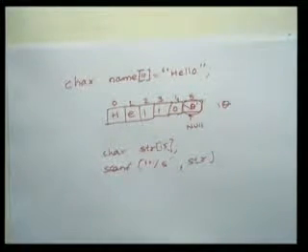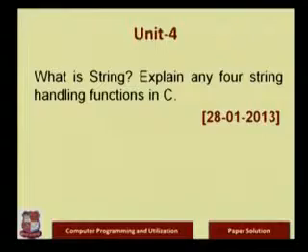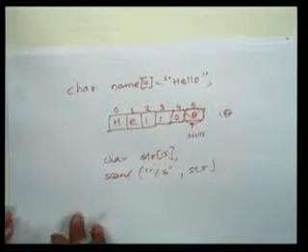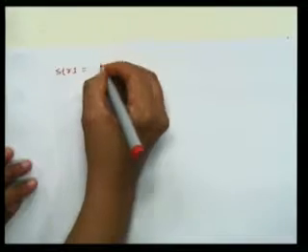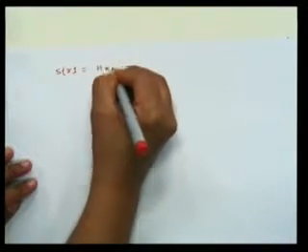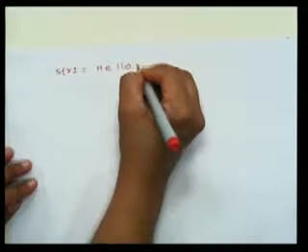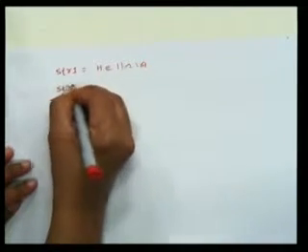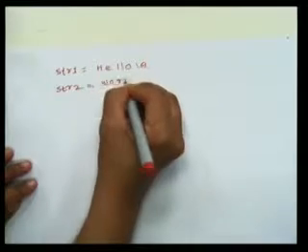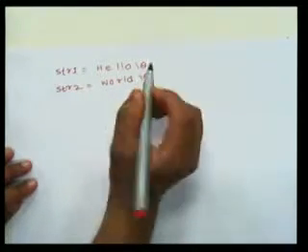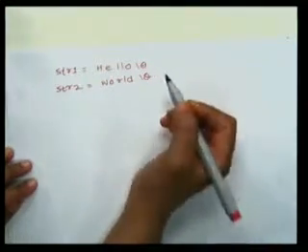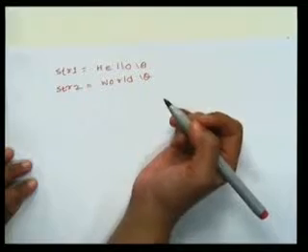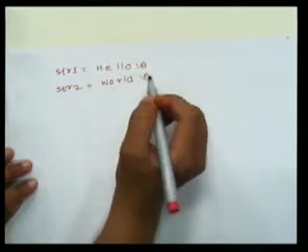Then they are asking, explain any four string handling function. Now what do I mean by string handling? I have two strings. One string is str1, having hello, and you will have \0, and str2 world. At the end you will have \0. When you are reading your value using scanf, \0 will be appended automatically. If you are reading your string with gets function, then also it will be appended automatically.